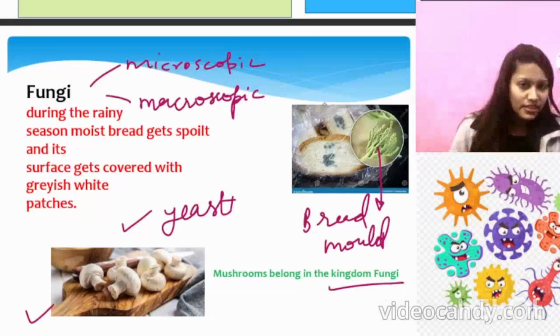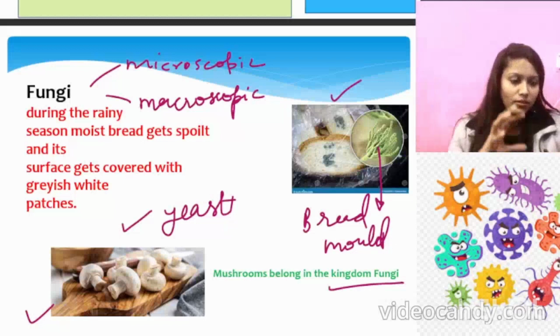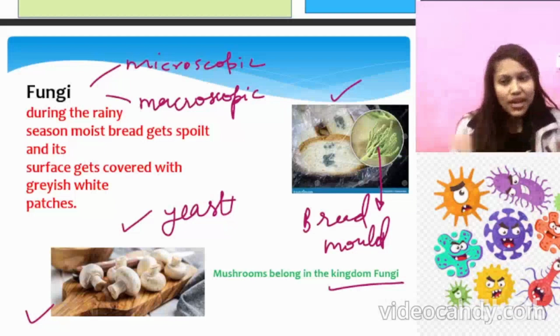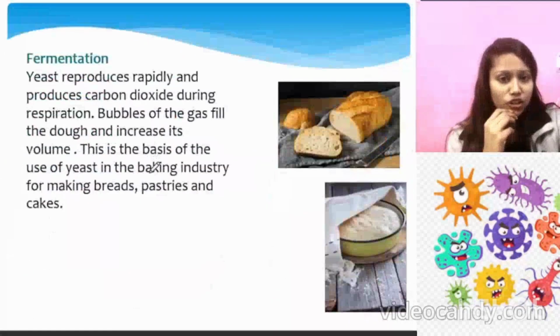And then there is this fungi that you see on the surface of the bread. You can see that something is there, but to observe it closely, you have to use a microscope. Then the mushroom can easily be seen with the eyes. So let's discuss the fermentation process, because yeast, which is a very important example of fungi, is used